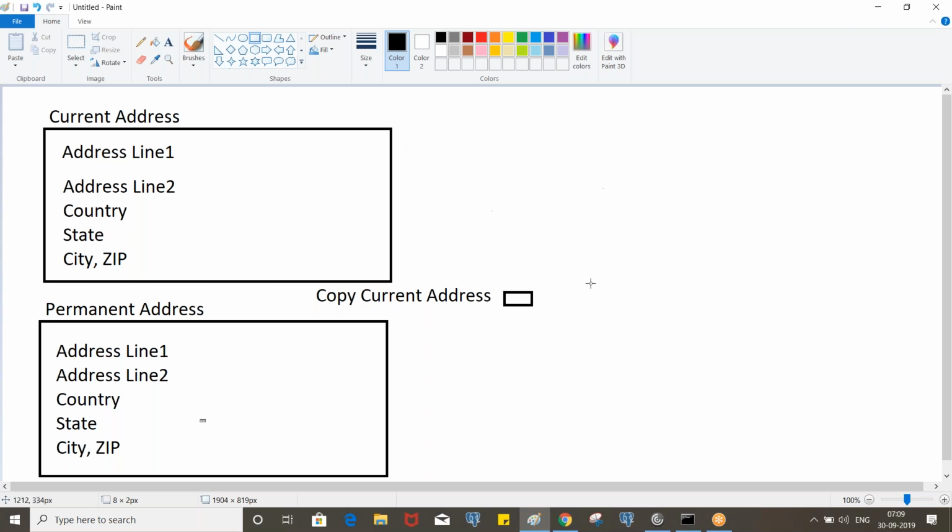Understand? Okay, let's put a heading: design or implement address details scenario. So we'll do it step by step.